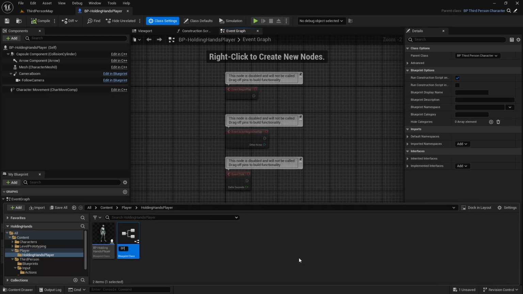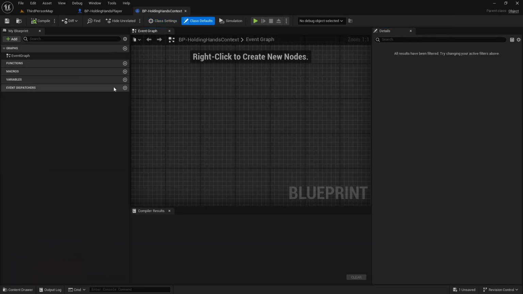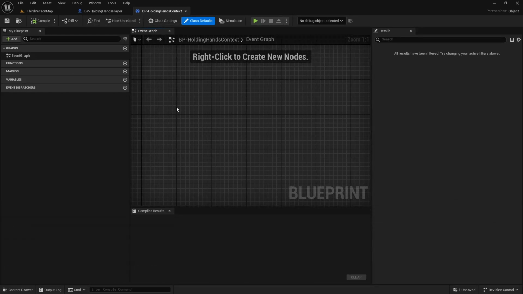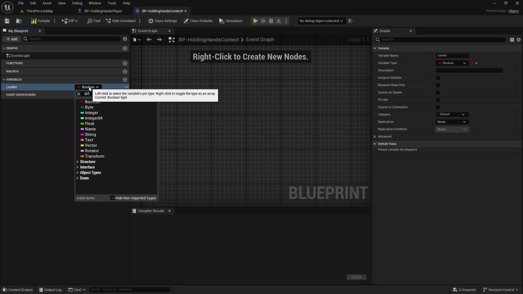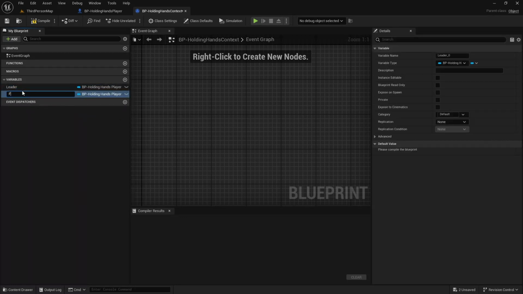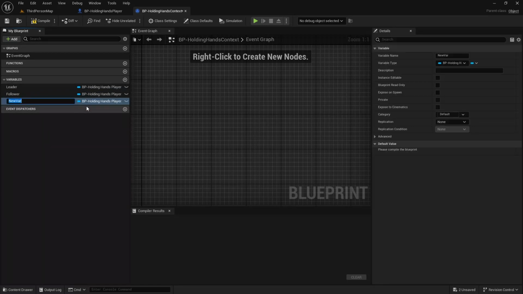I will call it BP holding hands context. Let's open it. Basically it is just a blueprint object. Let's create our variables. So first I need a leader, which will be a blueprint holding hands player, and also Control D for follower. Also I need to have a hand target